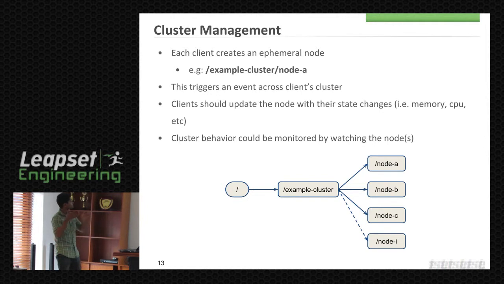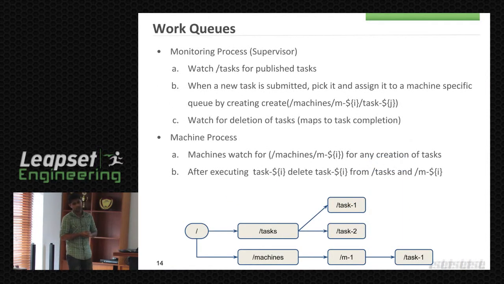If the client is node A, it will keep updating node A with its state changes, memory, CPU, or whatever other changes. All these changes will be watched by the monitoring process, and it will know the status. So it will know what new clients were added, and what clients became inactive and got removed from the cluster.